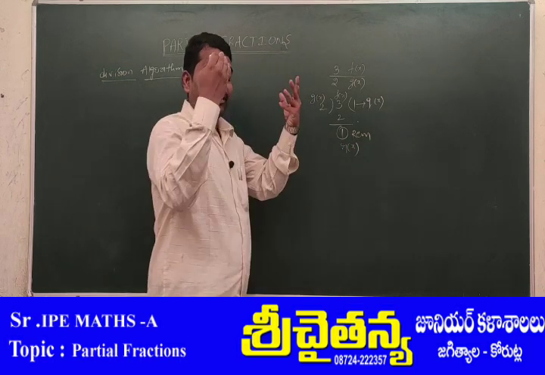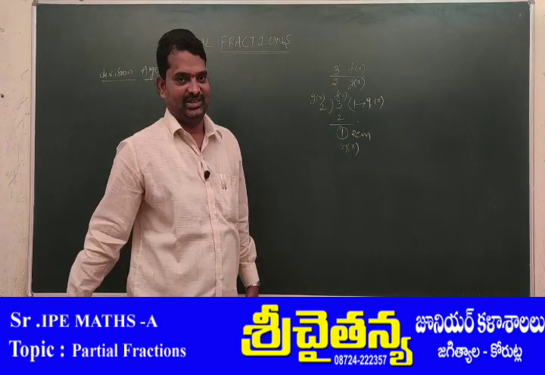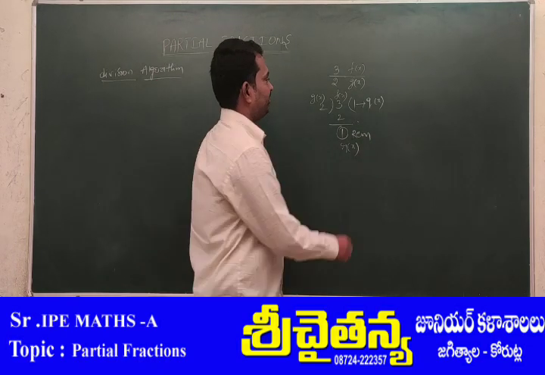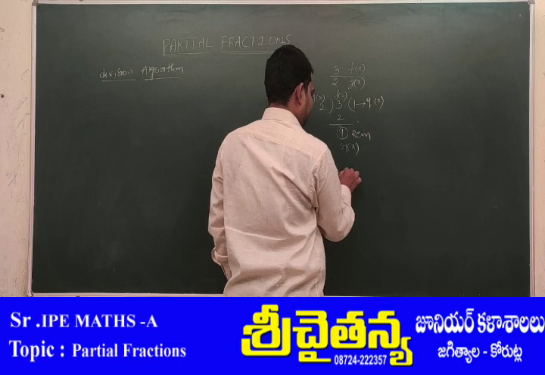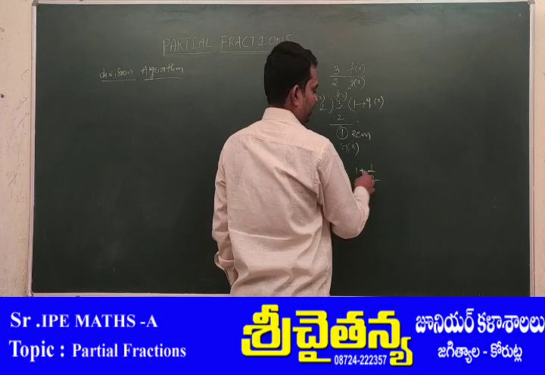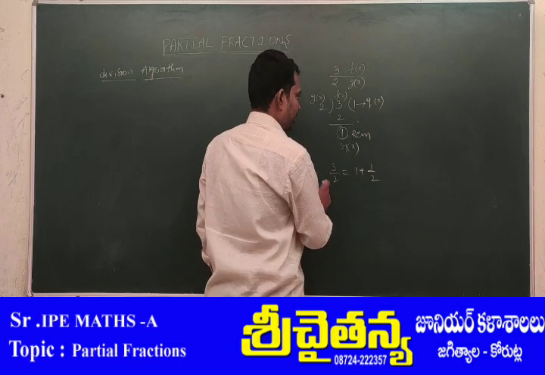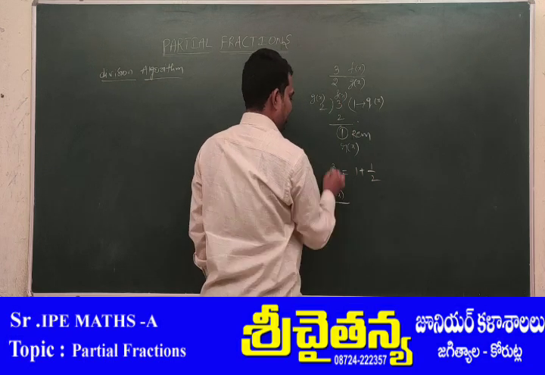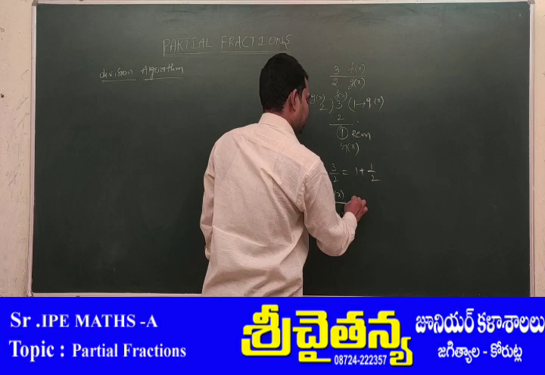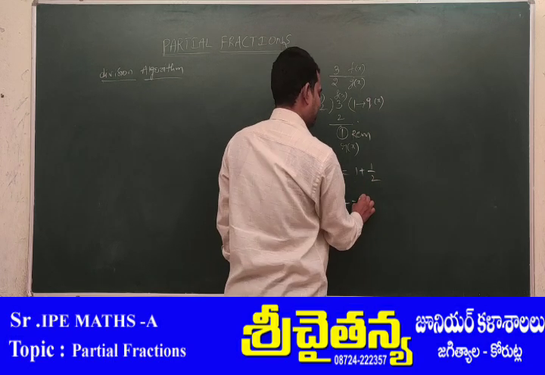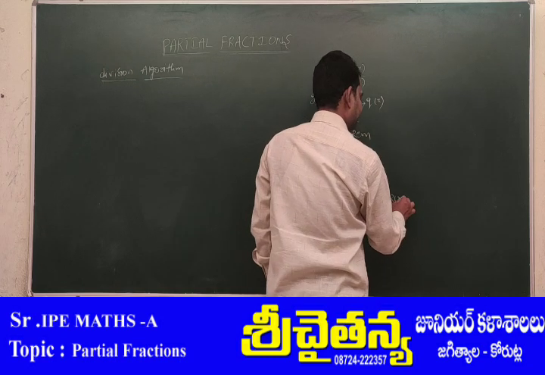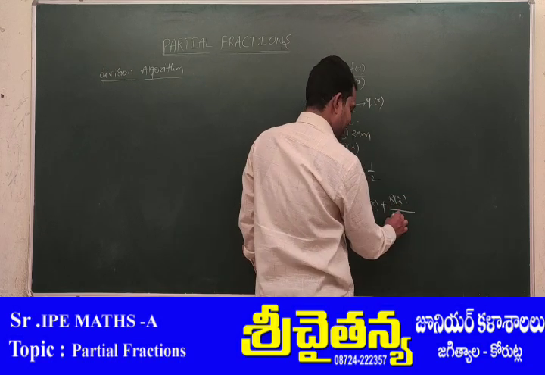When we express it in polynomials through the real number concept, 3 by 2 can be written as 1 plus 1 by 2. What is 3 by 2? 3 is f of x. 2 is g of x. 1 is q of x. Again, the 1 here is r of x. Again, 2 is g of x.